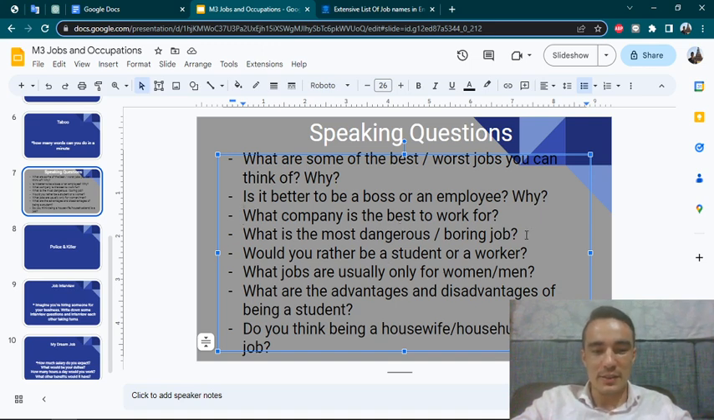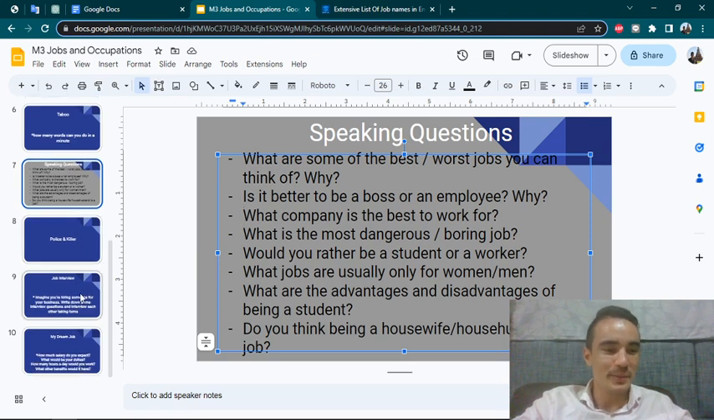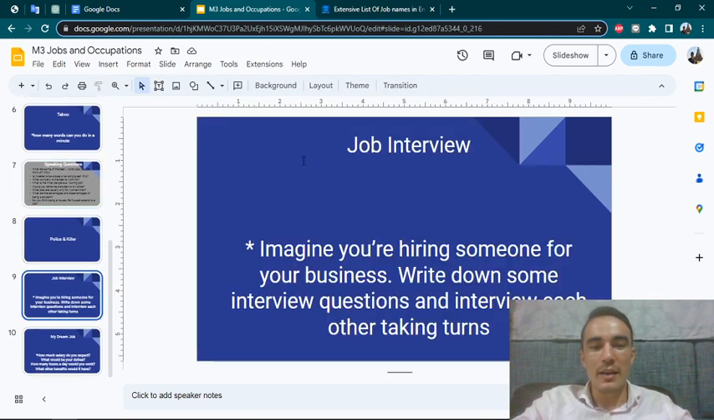And the other questions, right? For example, what are the advantages and disadvantages of being a student? So we will discuss that. What can you say about the advantages of being a student? What could you say about the disadvantages of being a student? And then we will have a mock job interview,